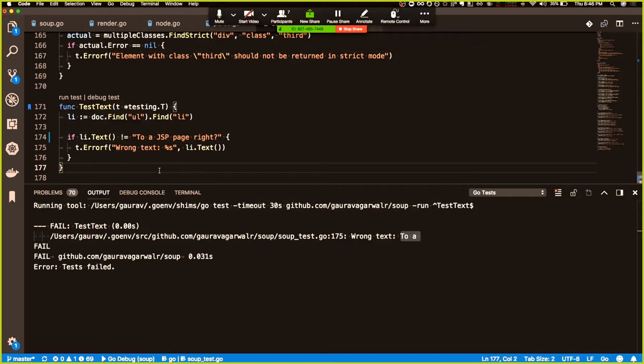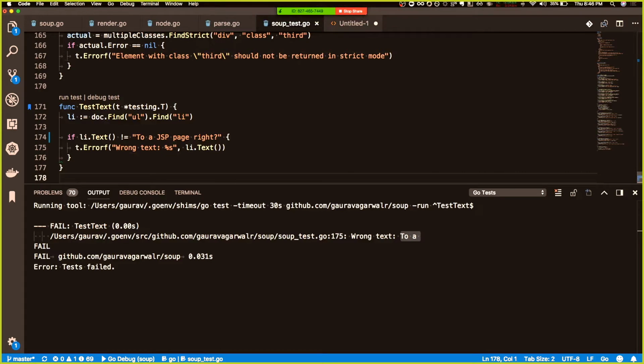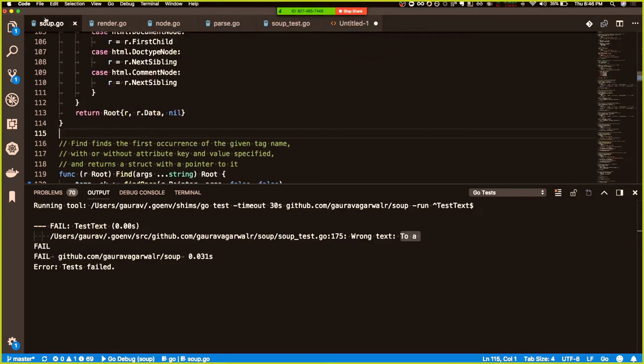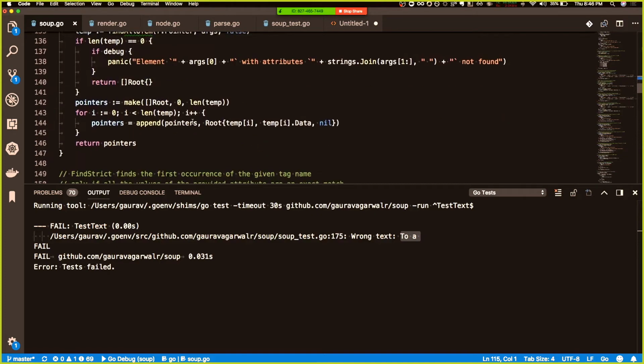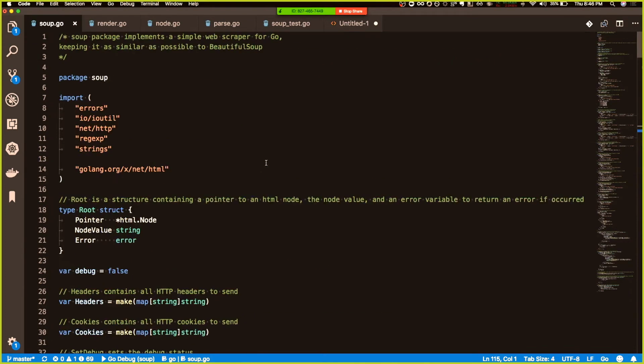Are you guys still there? Okay. All right. I'll move on. So what Soup does is it parses. Okay. So the Soup library relies heavily on